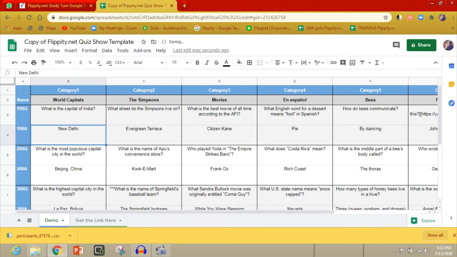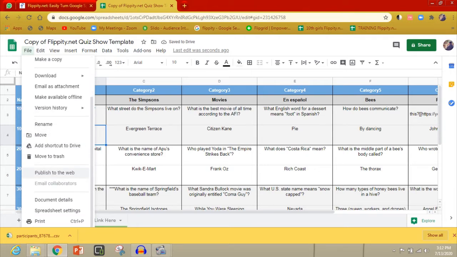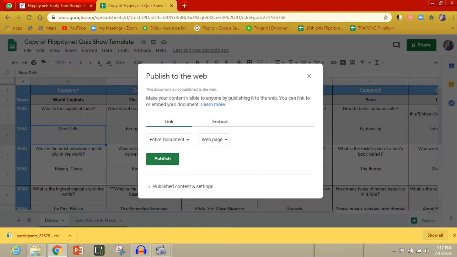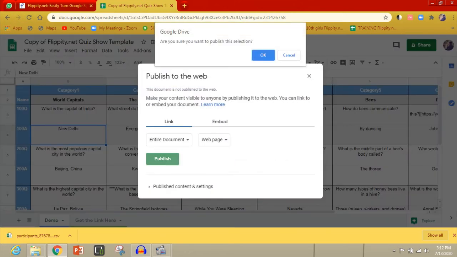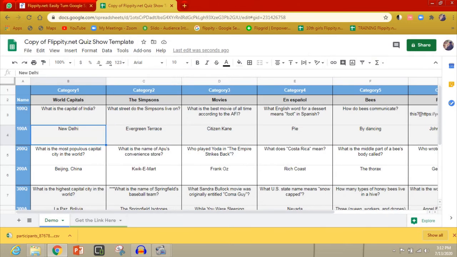What is next? Next you are going to click file and you are going to publish. If you do not publish, your game will not be there in this Google Drive. It will be as such like a template, and there will not be any changes. So you have to publish. I'm just clicking publish to web, and you have to click publish. It will be published, and click OK. Just copy the link alone and close it.